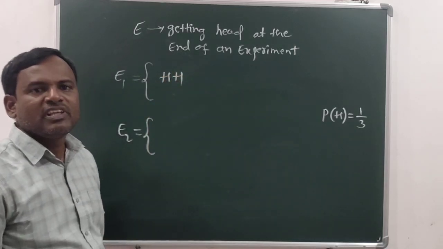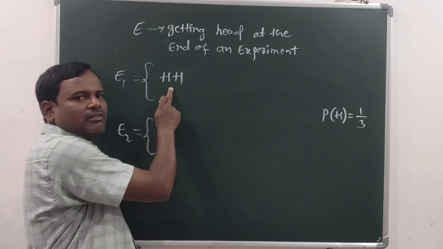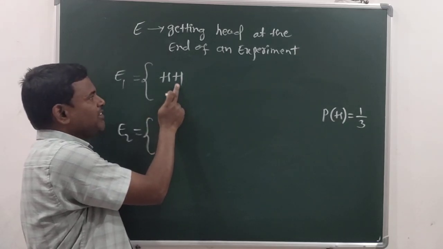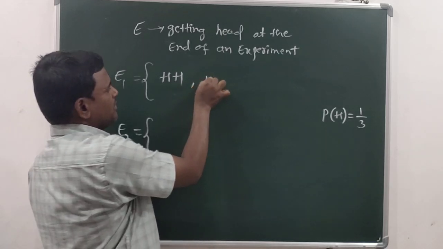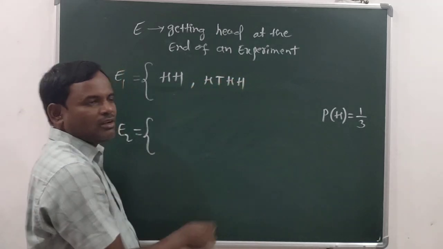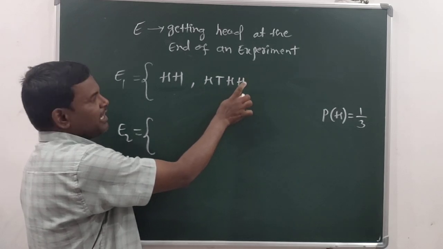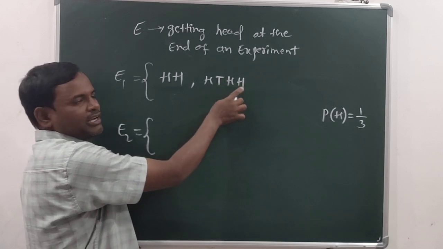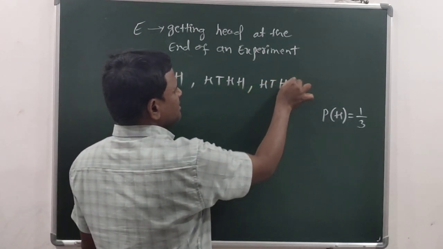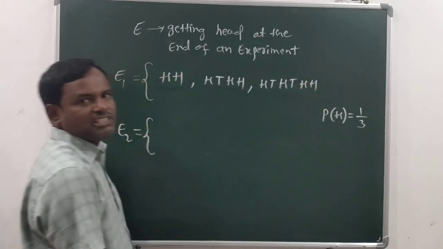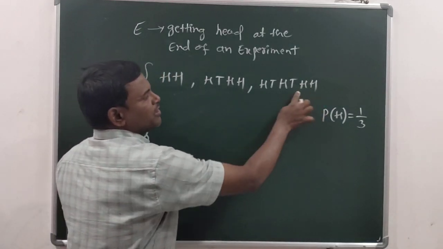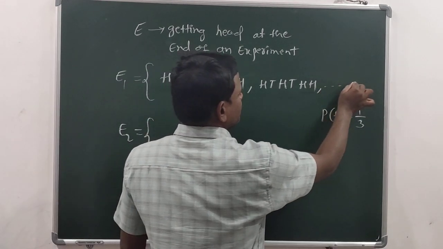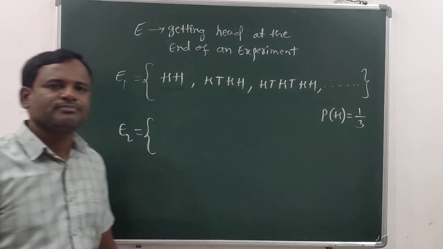Okay, so now come to this set. I am throwing even number of times, means here twice I have thrown, so successive outcomes are same and ending with head: HH. Next, HT, HH. Now successive outcomes are same, ending with H. 4 times I have thrown, first trial, second trial, third, fourth trial, like HT, HT, HH, 6 times, 6 trials. So successive outcomes are same, ending with H, and so on. This is favorable to us.